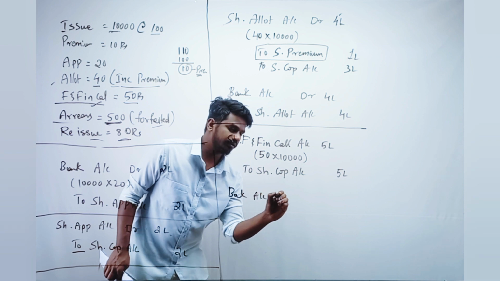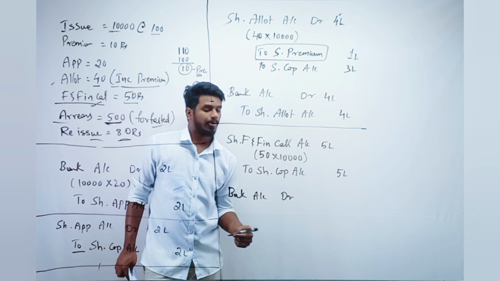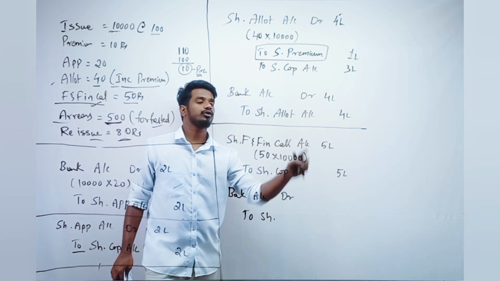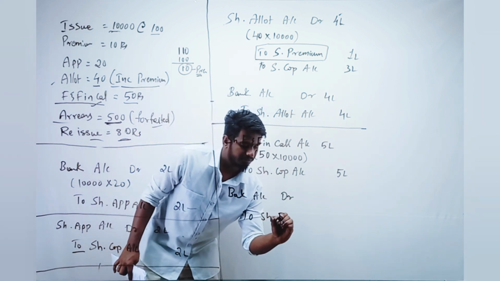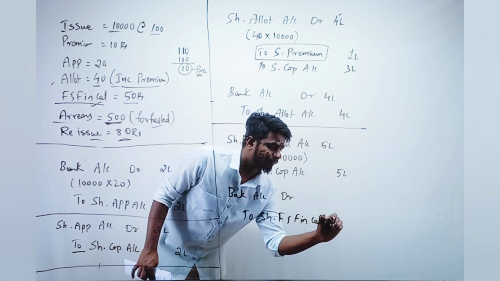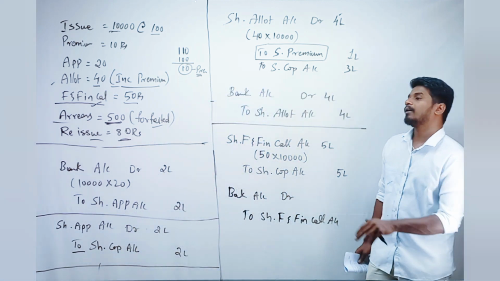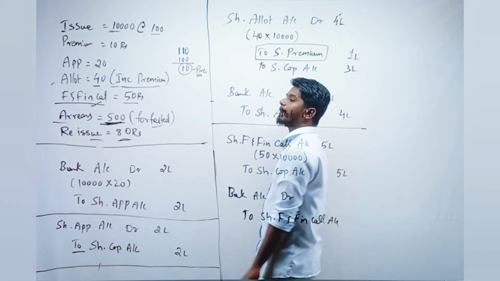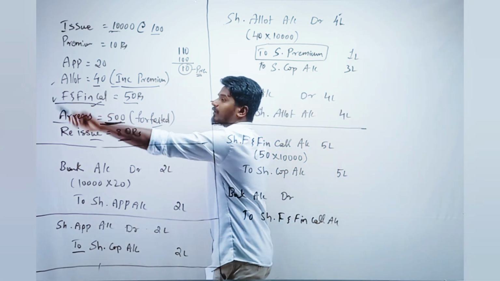Bank account debit, right? So next, to share allotment account. You should write it as first and final call account. First and final call account. So what is the amount? Here they have clearly mentioned we are not receiving money on 500 shares for the first and